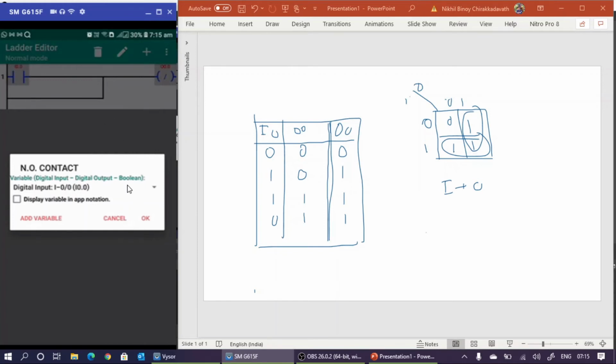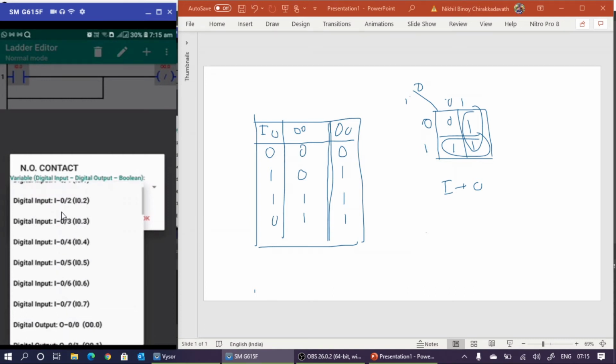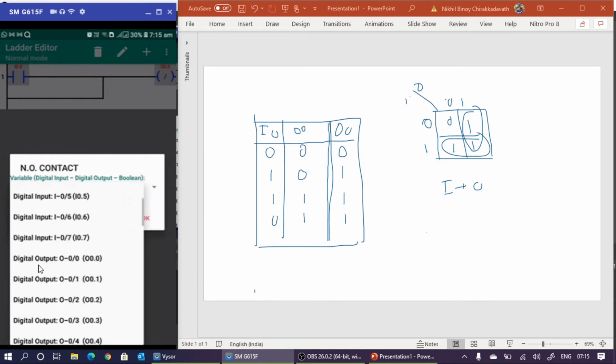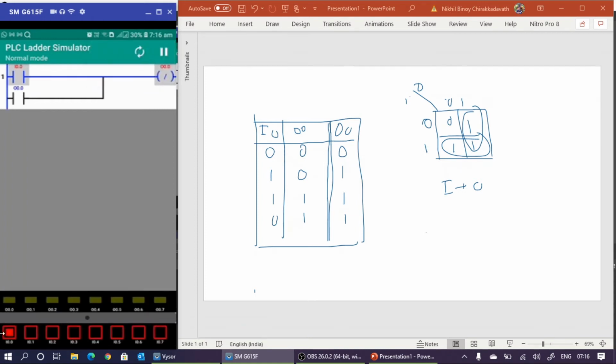Now we are searching the file. These are the input files. Yes, here we have the output file, the digital output file. What is this one? This is 000. So we need this one. Now press OK. So you can see that 000. That is the beauty of PLC. You can take the output file data as the input. That is also possible. Okay, so now run this one. Exit editor. Run this program.